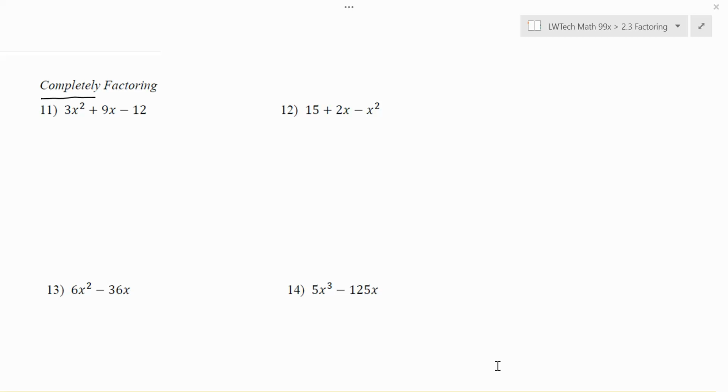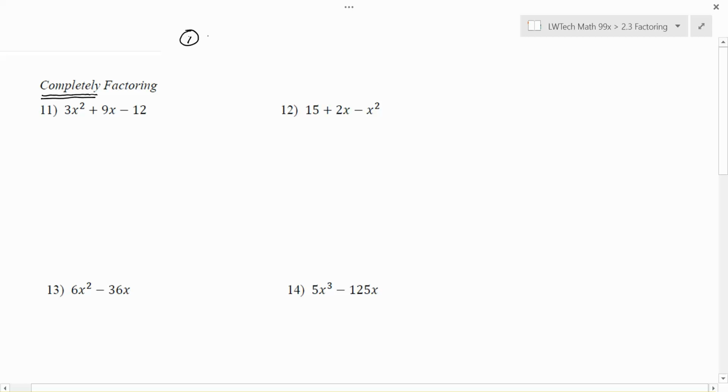Whether a problem tells you to completely factor or not, it really wants you to always completely factor. So what's involved with completely factoring? Well, basically it's just putting all the things that we've done together so far. The things that you really should check for as you go through and make sure that you have completely factored